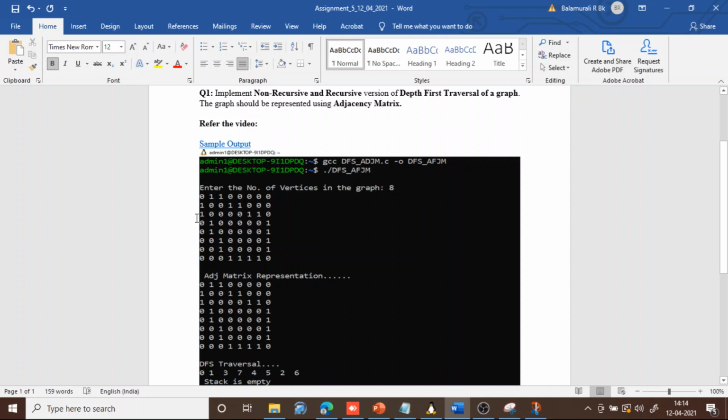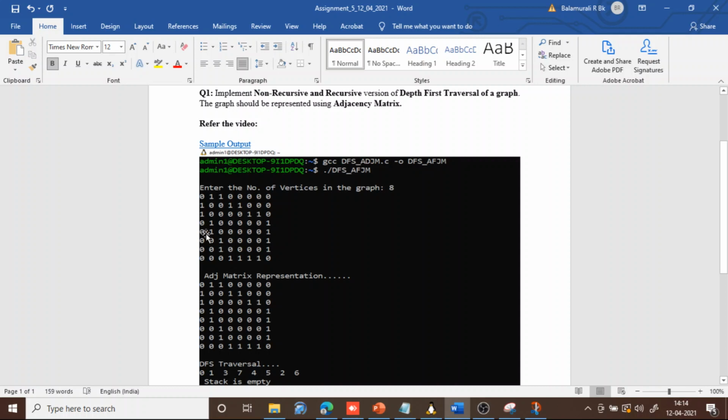Similarly, if you take vertex 2, it has 3 edges: one edge to vertex 0, and another edge to vertex 5 and vertex 6. Vertex 3 has an edge to vertex 1 and vertex 7. Right, 4 to 1 and 4 to 7.